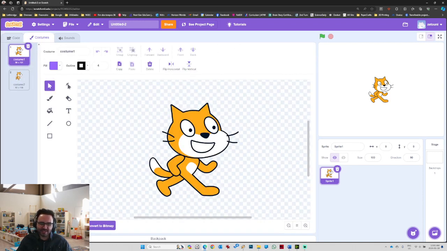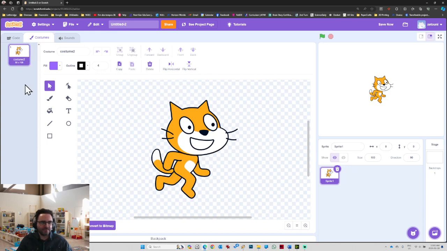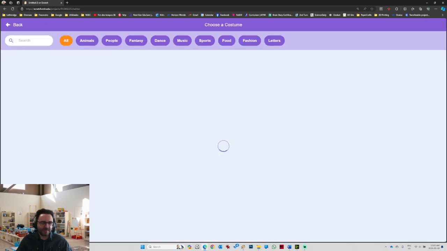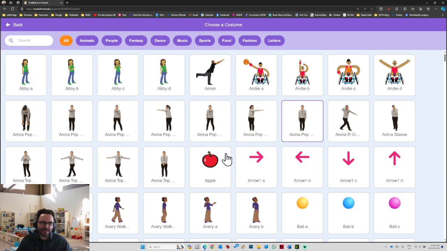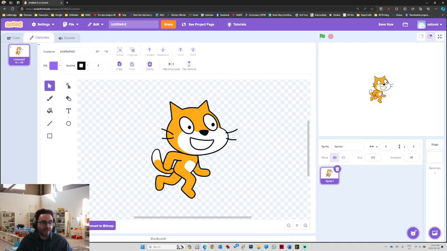And then you're going to bring this little editor here. We are going to delete both costumes. Okay. We're going to delete one first, and then we're going to add more. Scratch has many prizes, many sprites that we can use. I'm going to add a full set of random costumes here,